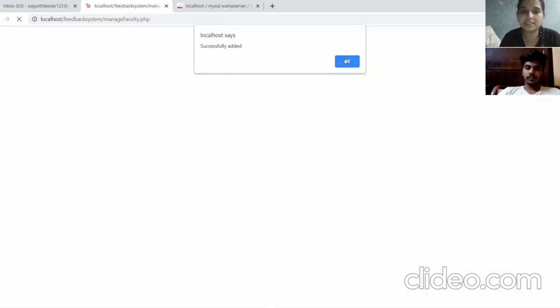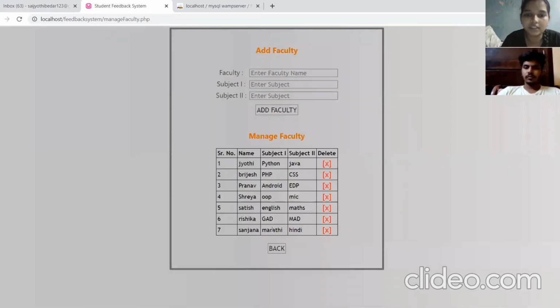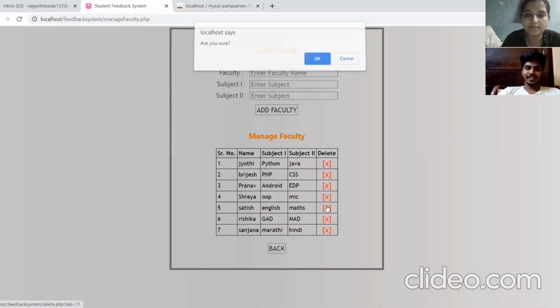The faculty has been successfully added over here, and then we will do OK. And here we can see Rishika, the first subject is GAD, the second subject is MAD. So if we want to delete the faculty name and the subject, we can easily delete using this.